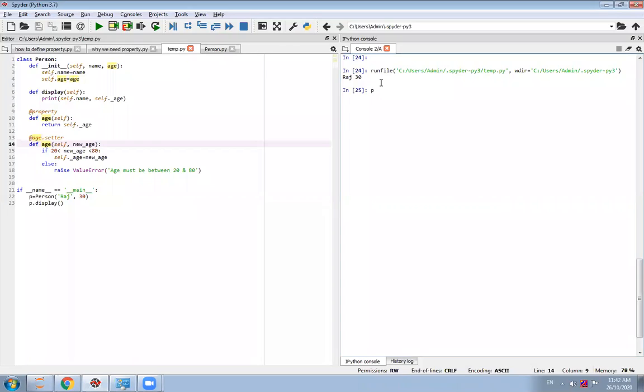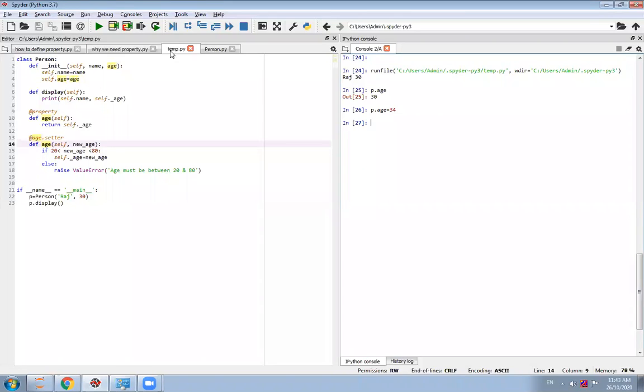Now if I want to access the age, I can access the age, 30. And if I want to set the age, I can even set the age to 30.